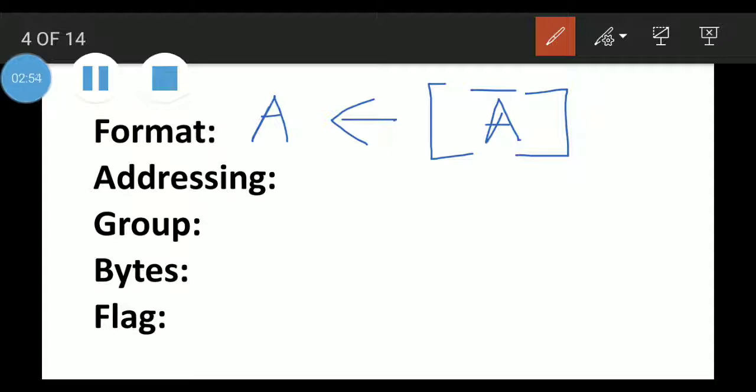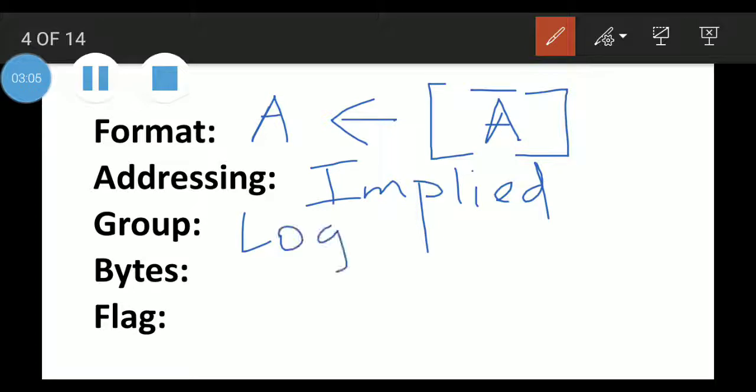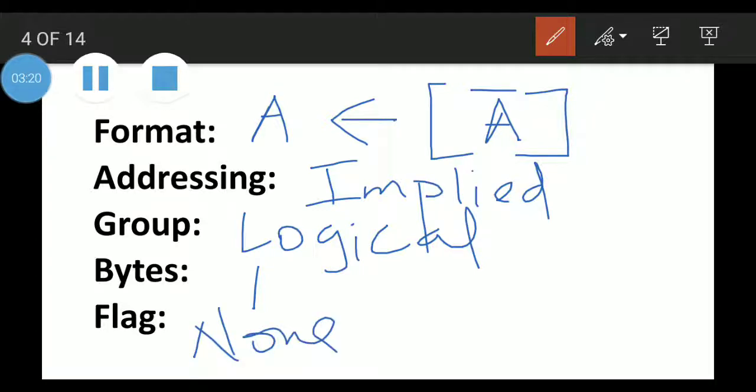Addressing mode will be implied addressing mode. The group to which it belongs is logical. It is a 1 byte instruction, and the flag that it modifies or affects is none. It does not affect any flag.